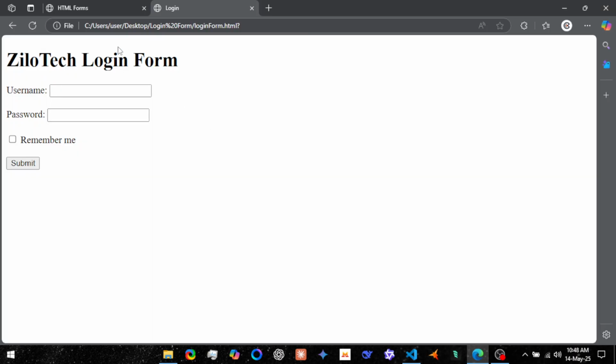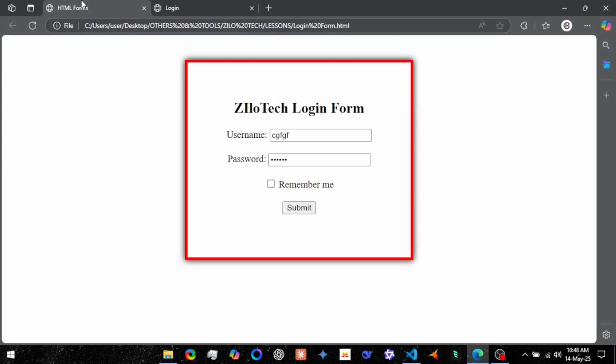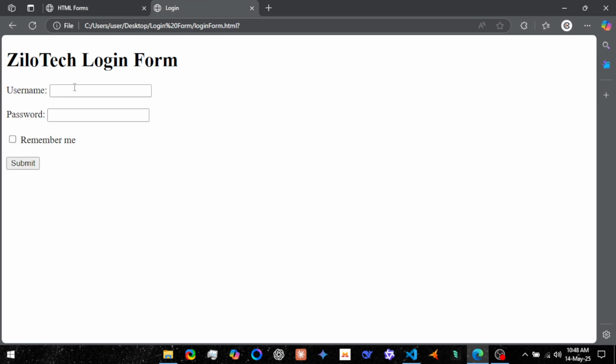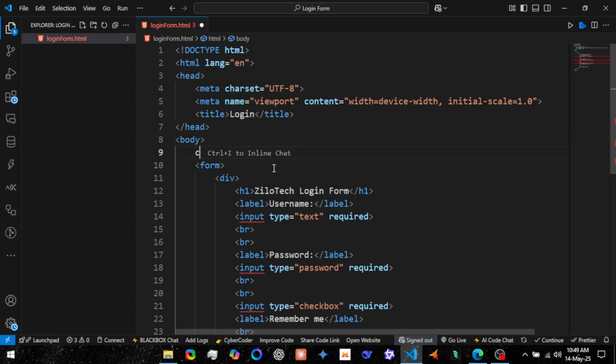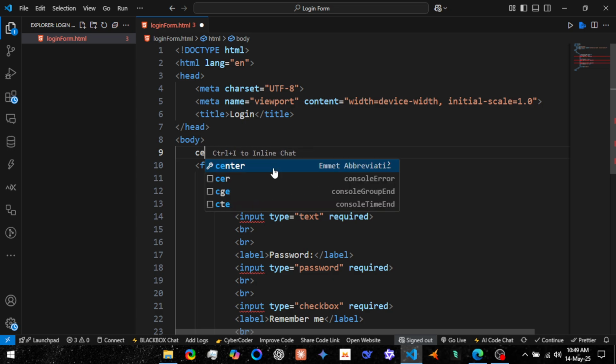So now let us compare ours to the reference. We can see that this one appears in the center of the web page while ours is on the left. How do we center? We are going to use the center tag. So I am going to center the whole form. How do I do that? I'm going to type center,